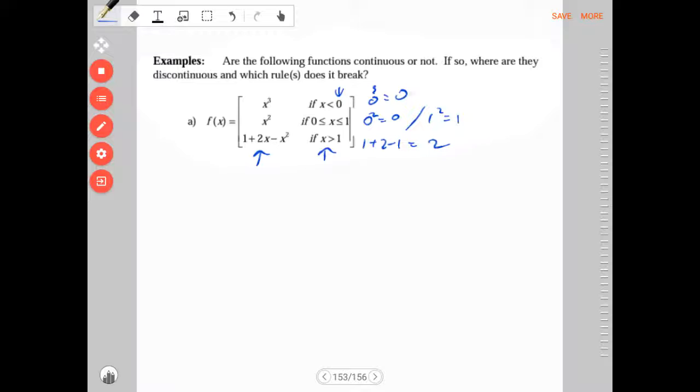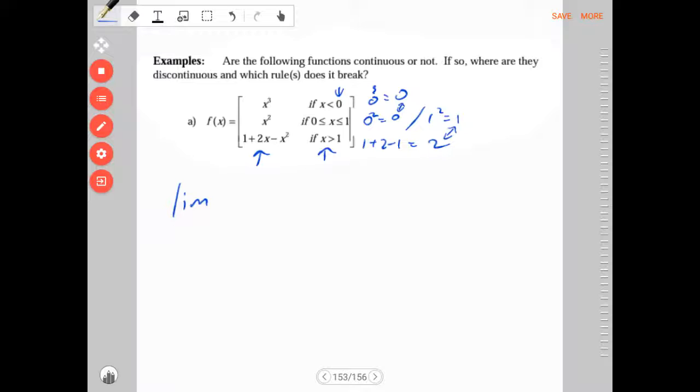These two line up, so 0 and 0. But those two don't. Interesting. So that's going to break at least one of the rules. Now, which one does that break? If you have a look, the two functions at 1 aren't going to be the same. So the limit